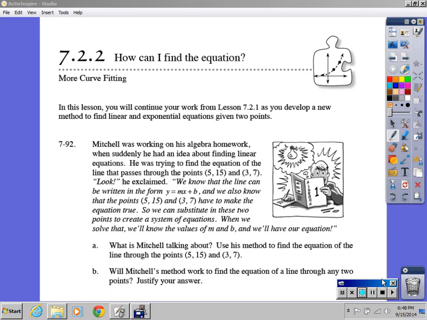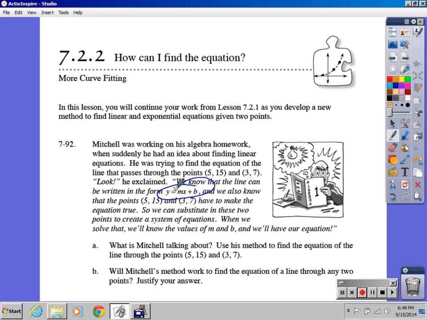And here we go with lesson 7.2.2, more curve fitting. Again, similar idea. Honestly, you wouldn't necessarily have to listen to this. You can kind of just work on these on your own if you'd like to. All right, and the biggest concern here is to know the difference between mx plus b and ab to the